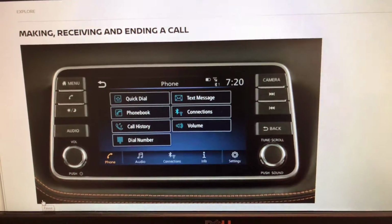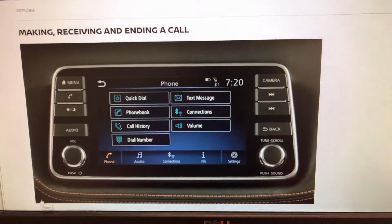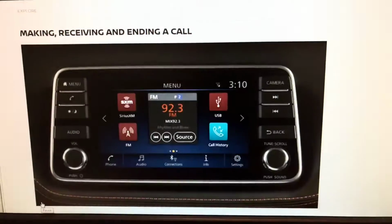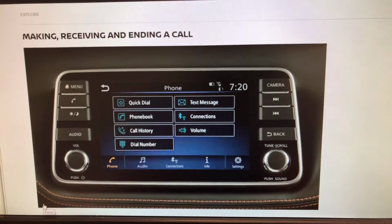This is one of the available systems for your vehicle. If your vehicle is equipped with a different system, see your owner's manual for additional information. To make a call, touch the phone key on the launch bar, then select one of the following options to